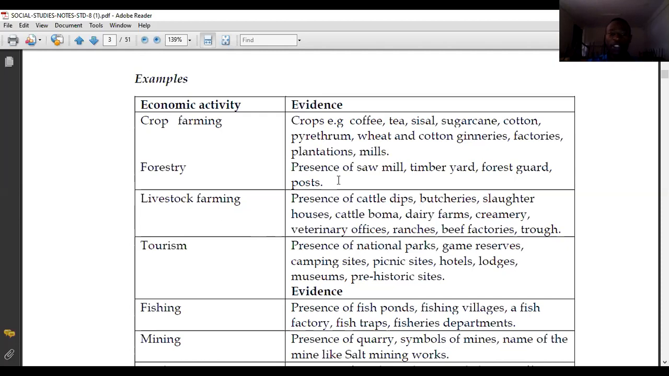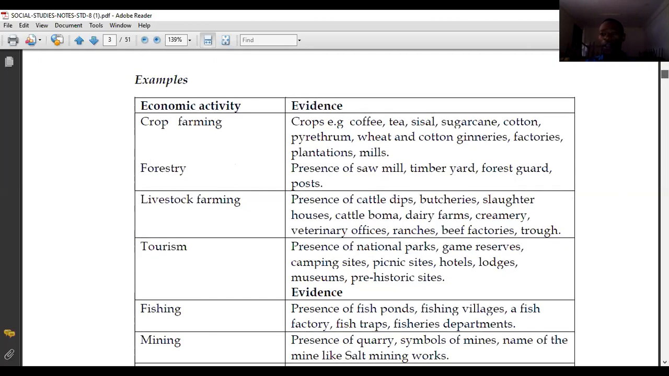And then when you see presence of a sawmill, timber yard, forest guard, or you have seen post, it means that the economic activity there is forestry. Remember, economic activities are activities that someone does so that someone can earn an income or